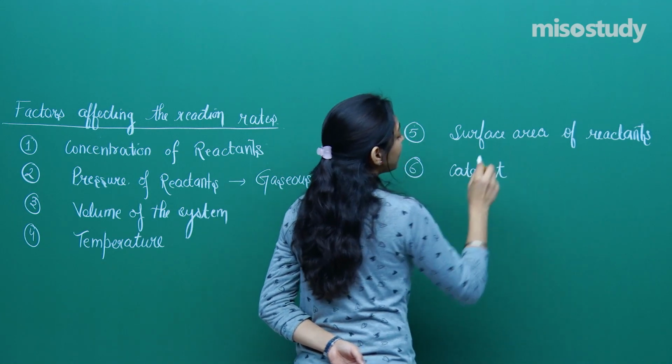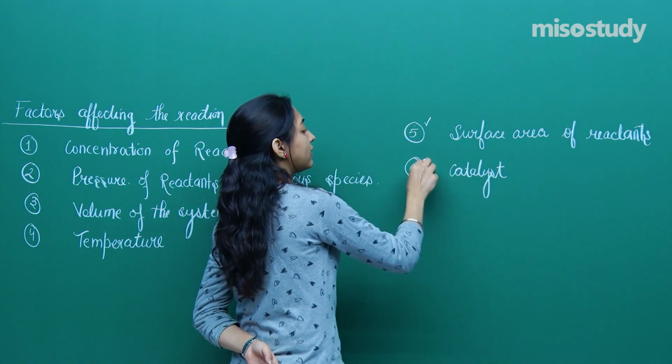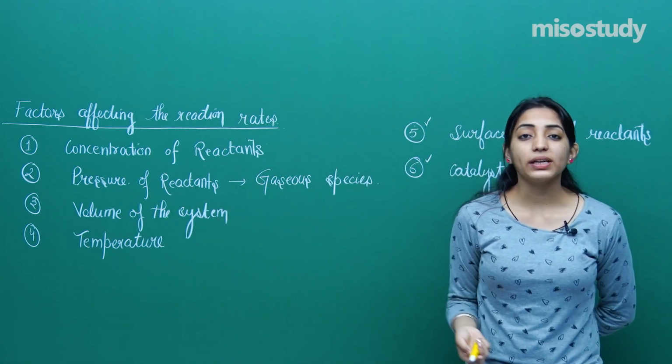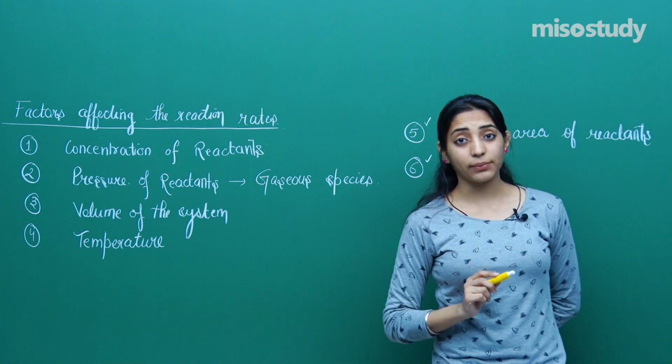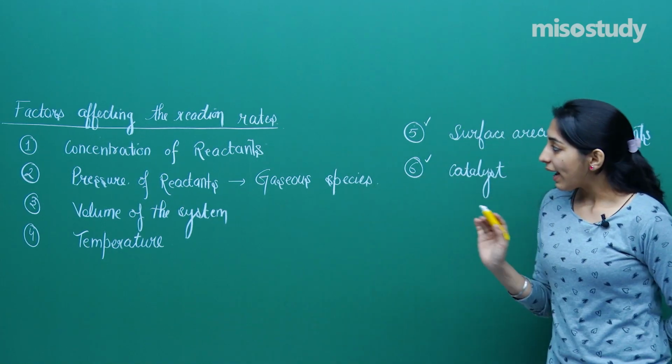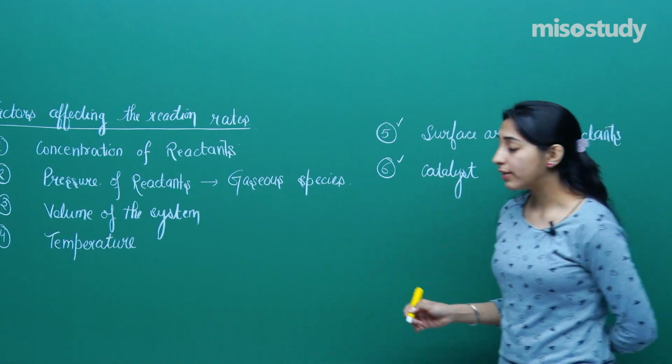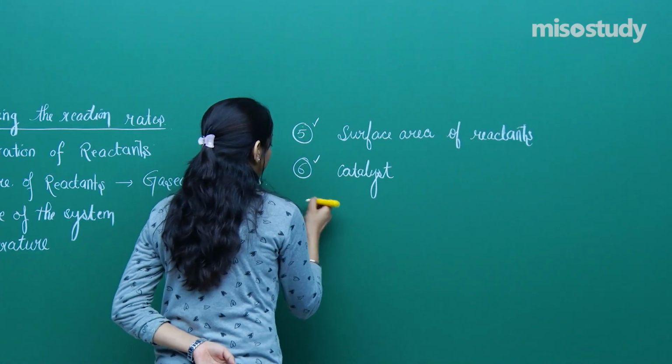And then I remember discussing another topic, which was catalyst, and I said that these two things, the 5th and 6th, I will not be explaining in detail, because we will be doing this in the next chapter, which is surface chemistry. Having done all these 6 factors, now we are going to come to the 7th and another important factor,